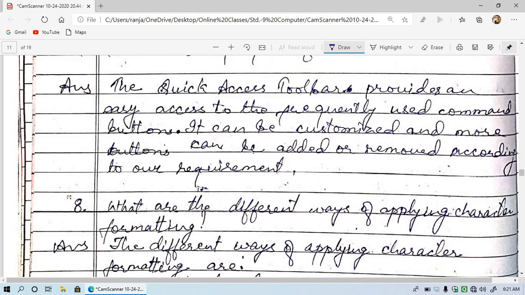So in the quick access toolbar, you will find this type of option. It can be customized and more buttons can be added or removed according to our requirement. Here you can add some more buttons in the quick access toolbar, or it can be removed also. It depends upon the requirement of the user. If you want to add some more, you can add.